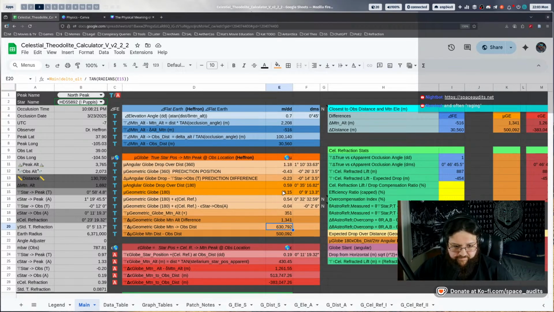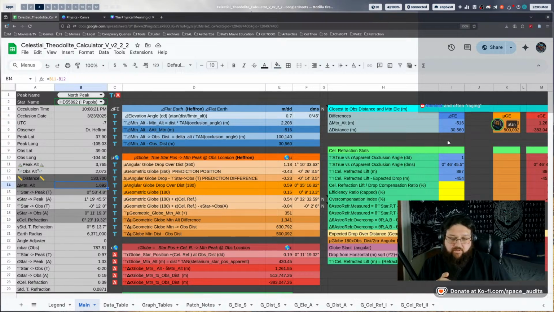You're showing 516 meters of difference between arctangent of rise over run and altitude or atmosphere off at peak for that one. Is that right? Where at? That is the difference in the elevation derivation. So based off of the occlusion timing and distance, we derived an elevation of 2,208 meters. So the 516 is the difference from the true.